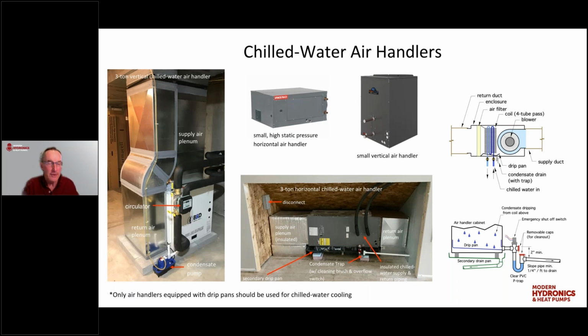There are air handlers on the market that are intended for heating only applications. Remember that the coil in the air handler, as it operates, is going to have water condensing and dripping away from it, and significant amounts of water. In some cases, it could be multiple gallons of water in a day, even in a residential application. So the drip pan internal to the air handler is designed to capture that, and then there's a drain that comes out. We want to have a trap in here, and then we have to have a condensate drainage line to carry that either outside the building or where codes allow, tie it into the drainage, waste, and ventilation system